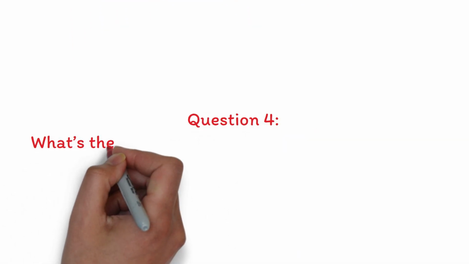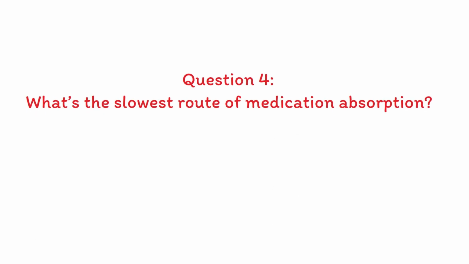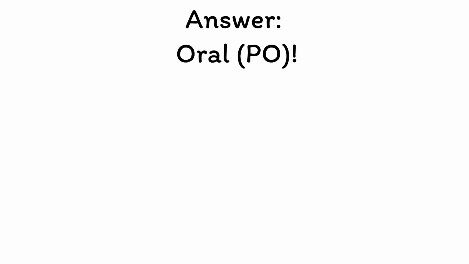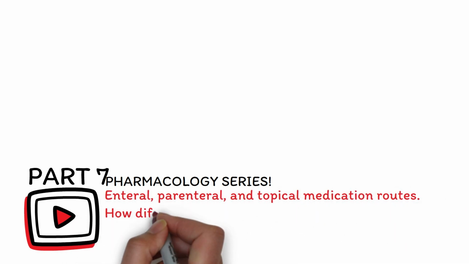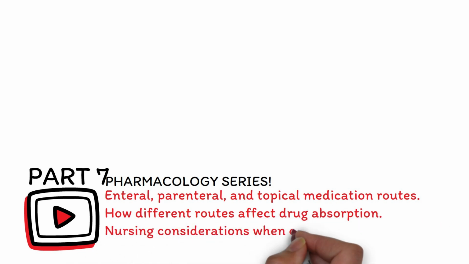Question 4. What's the slowest route of medication absorption? Answer: oral, PO. And that's a wrap for part 7 of our Pharmacology series. Today, we covered enteral, parenteral, and topical medication routes, how different routes affect drug absorption, and nursing considerations when choosing a